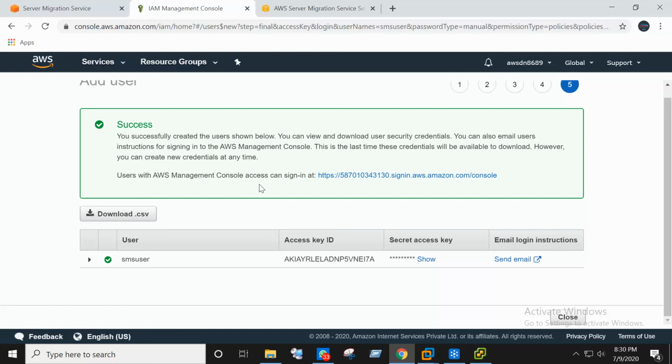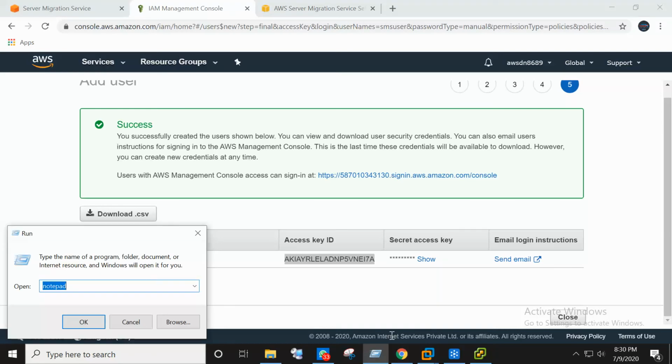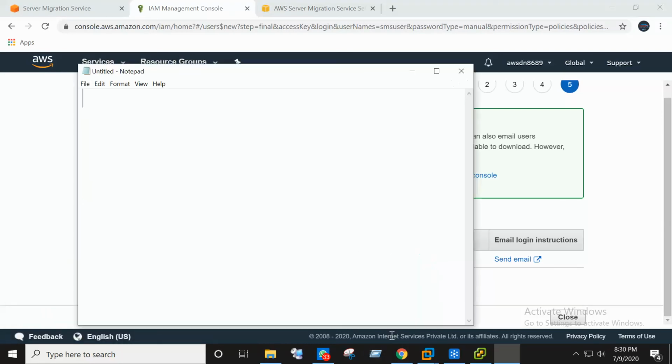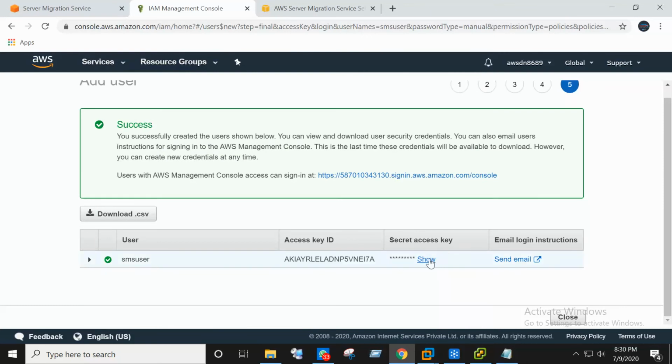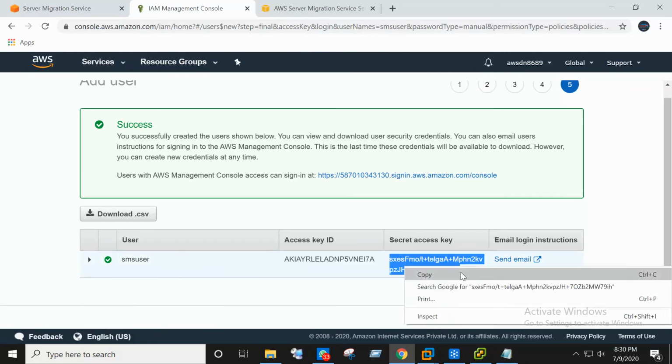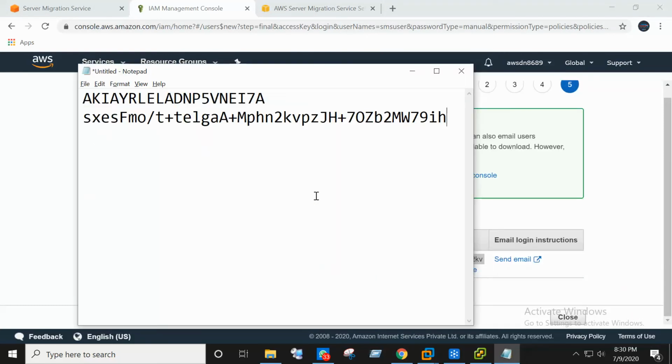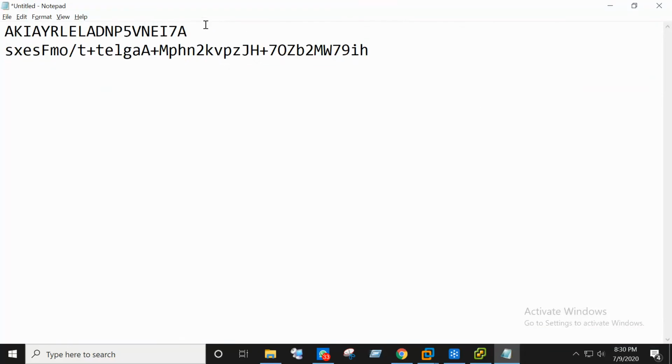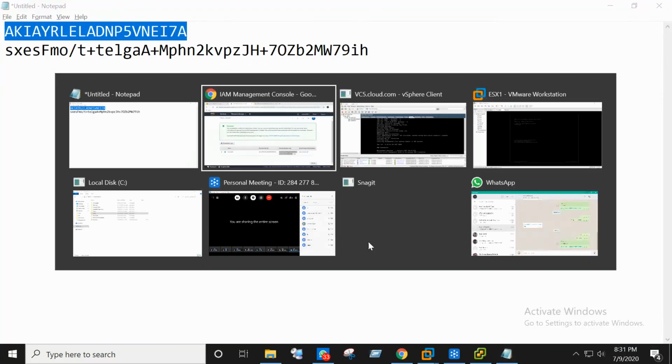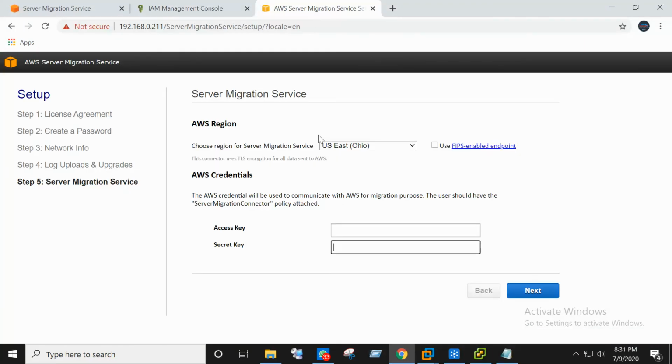Now I have an access key and a secret access key. Let's go here and I paste the key.